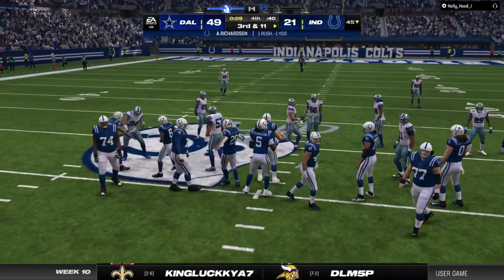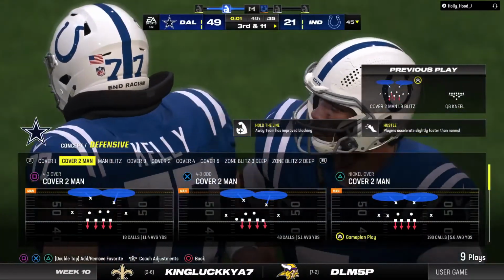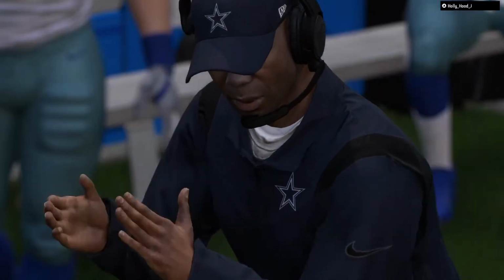And they will take a knee here. But the lopsided affair